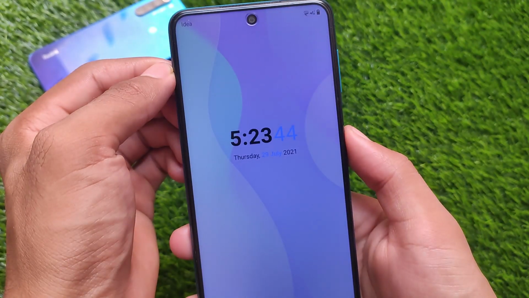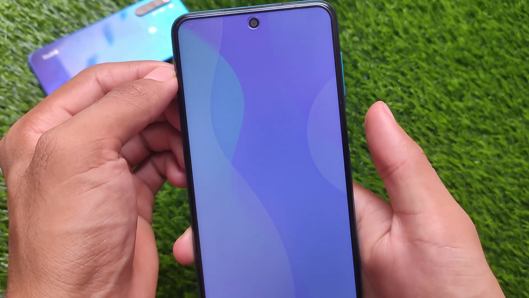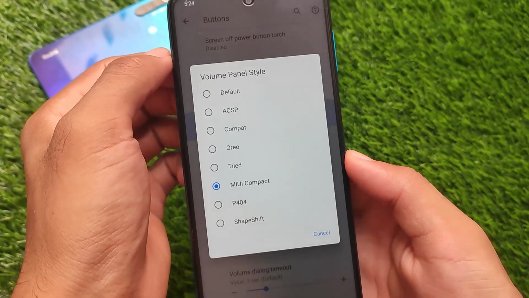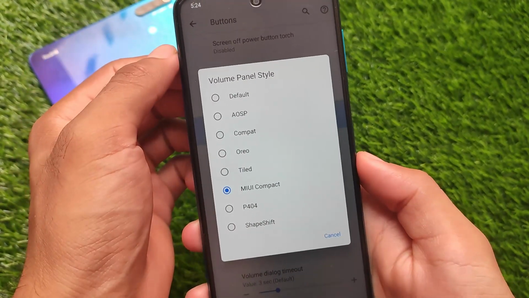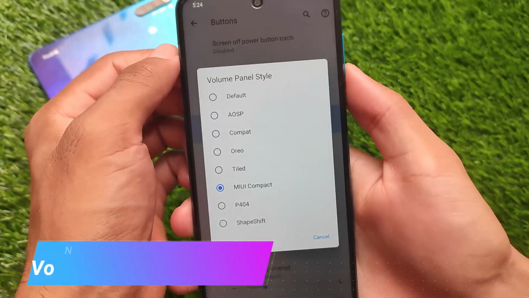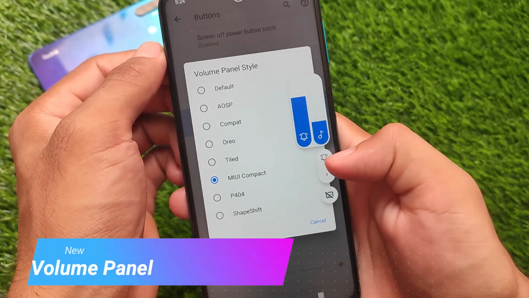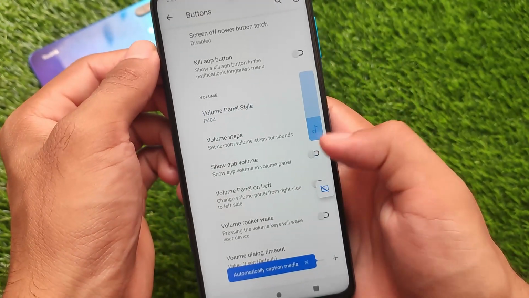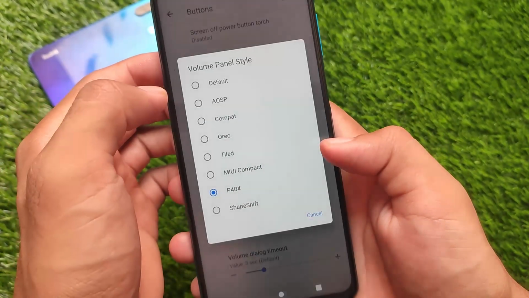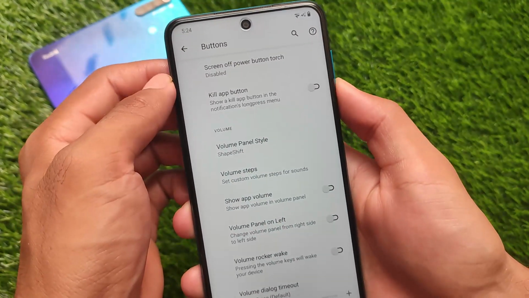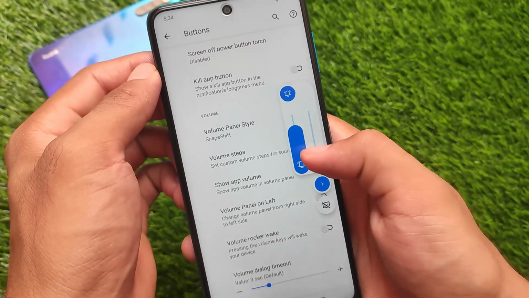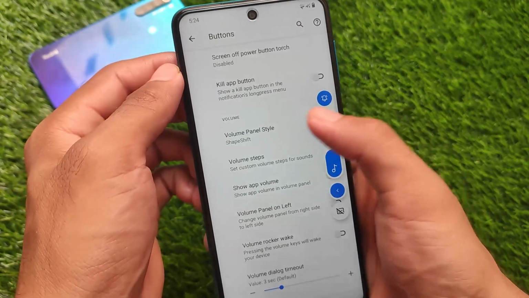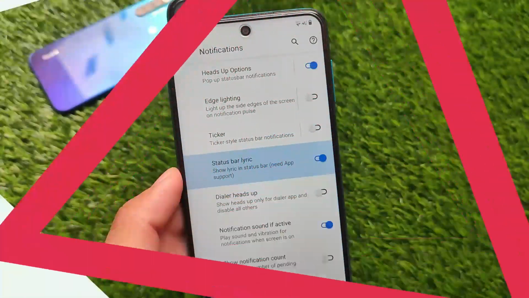In the upcoming OS update, we might see the new Android 12 developer preview 3 style wallpaper and style, beta 3 preview like this. Now we also have the new volume panel here, and the volume panel includes many options like the MIUI style volume panel. If you like this, you can enable it. There is also the Project 404 custom ROM style volume panel. But the main thing is the Shapeshift volume panel, which means an Android 12 style volume panel is available for you. It looks quite interesting. So these are the changes which you get here.